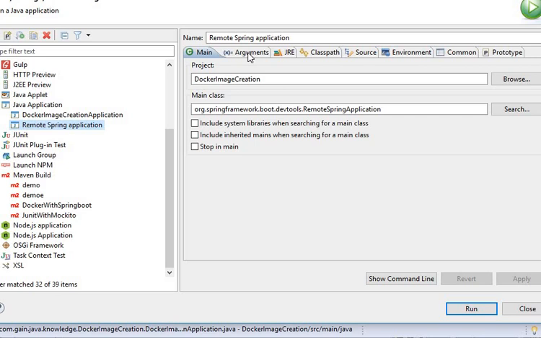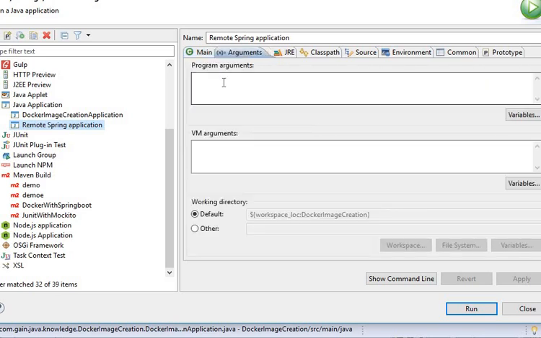And here we need to go into arguments, and here we will define our application URL when we run on Docker. Its IP 192.168.99.100, colon, its port number where our application is running. Here it will apply and will run later. So now I will close it.